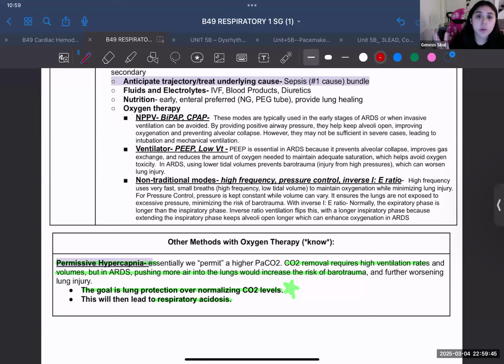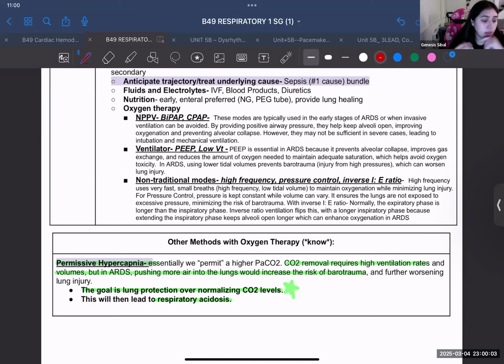You can read that, and that's where we can also do, if they're not having the worst, if they can still breathe on their own, they're just having difficulty breathing, we could put them on BiPAP, CPAP first, and then move our way up to ventilating them, right? And that's usually what we should do. We shouldn't go straight to intubating because if they're able to breathe on their own, we can do that.